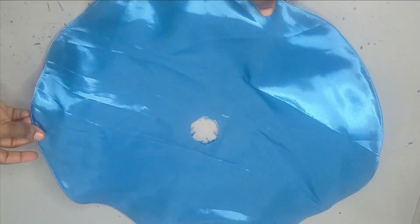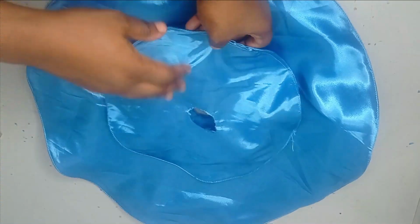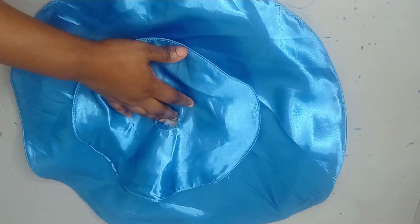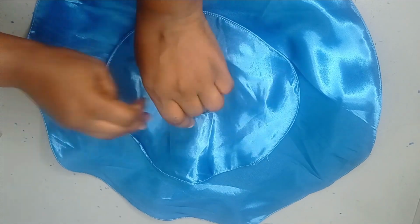Okay, so now I've top stitched it, and you can see that I'm even here to iron it, and it's relaxing really well. So this is what it's looking like. So what I have done here, I did on another one, but in this case I used the measurement of just 6 inches. So this is the measurement of 10 inches, the bigger one, and the other one is the measurement of 6 inches. So now I'm going to be taking the holes in the middle together like this,